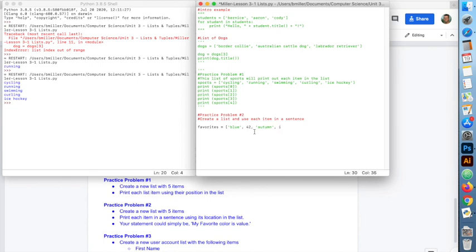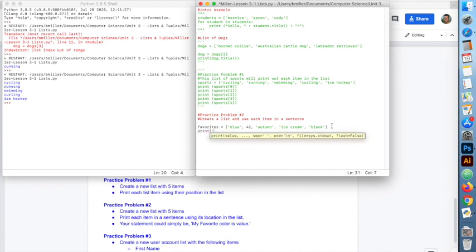I like ice cream. And what could be the last one? My favorite color of pen is blue, or black, because I've already used blue once. So there's my list. It has 5 items, 1, 2, 3, 4, 5,